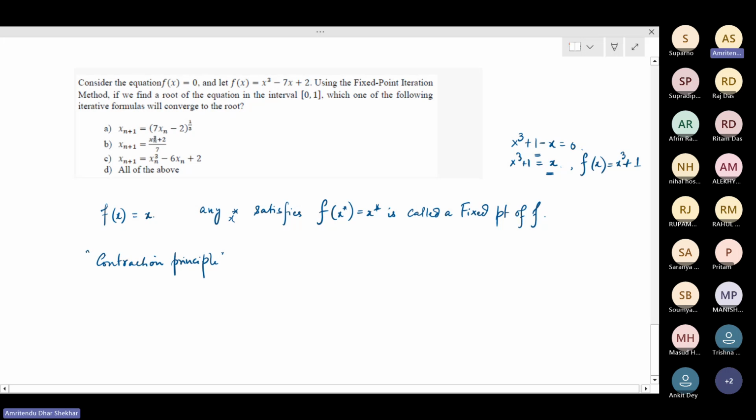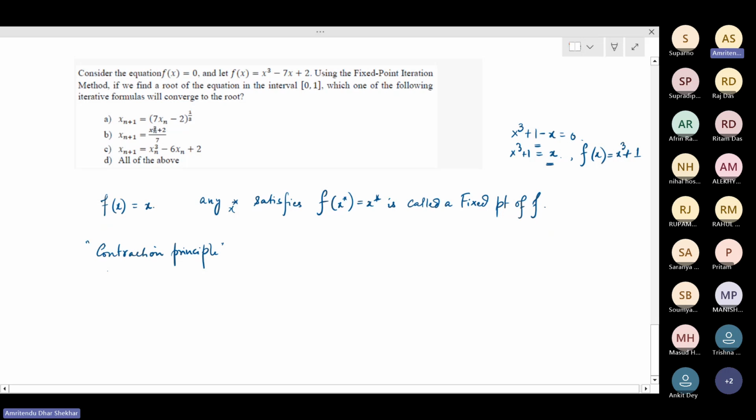So what this means is, let's say there is a function f from some open subset U to R. You can assume for now that this open subset is an open subset of R, but it can be an open subset of Rn also, and it need not be just over R. We say that f is a contraction mapping